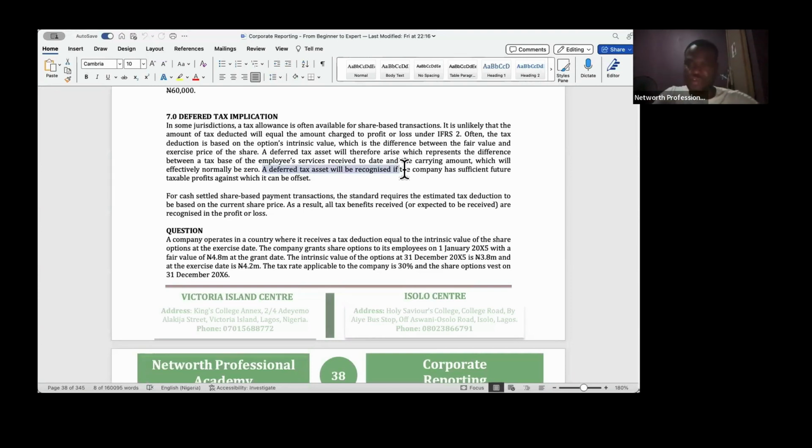And if you remember what you were taught, deferred tax assets will only be recognized if the company would have sufficient profit against which they can offset the deduction. Remember, a deductible temporary difference is what will give rise to deferred tax assets. And for you to recognize a deferred tax asset in your books means that there has to be sufficient profit in the future for you to offset. But that's not even the focus here. Even though that's important, the focus is that